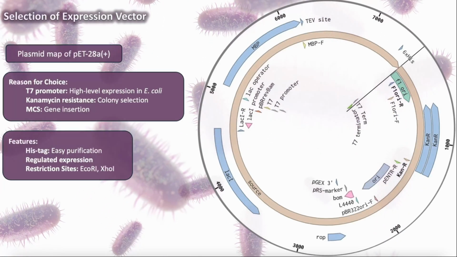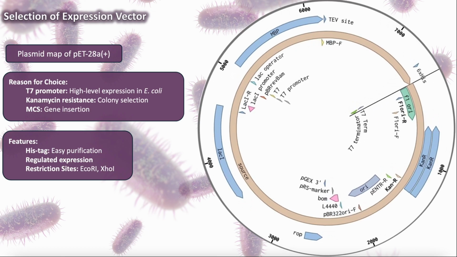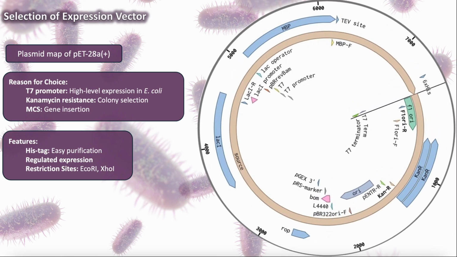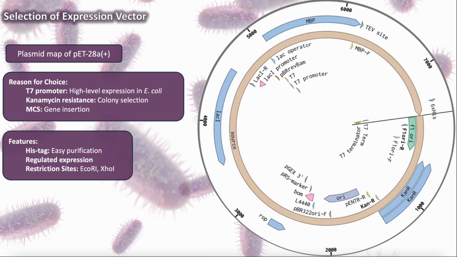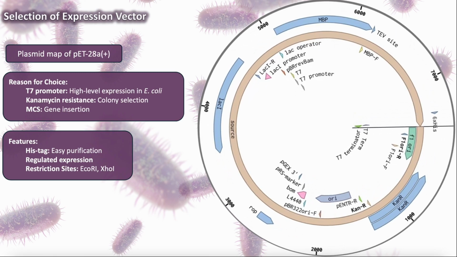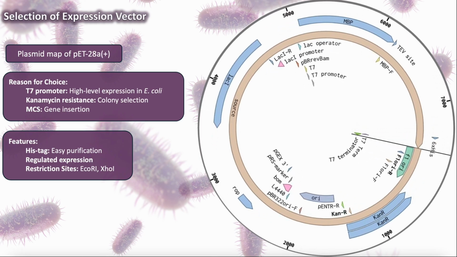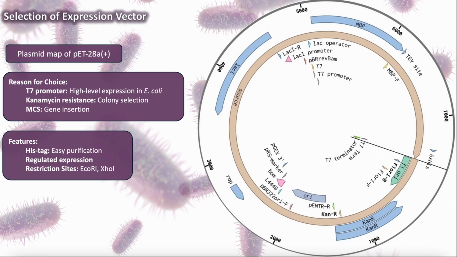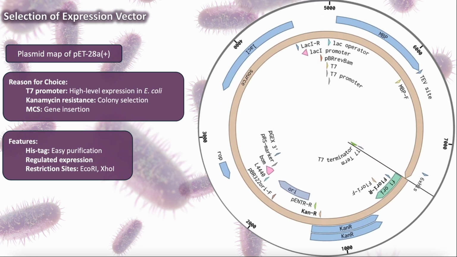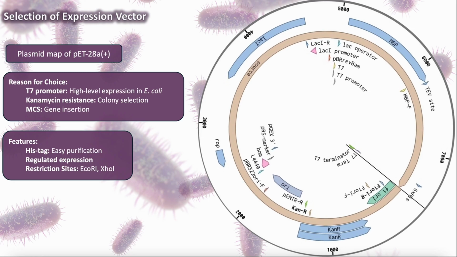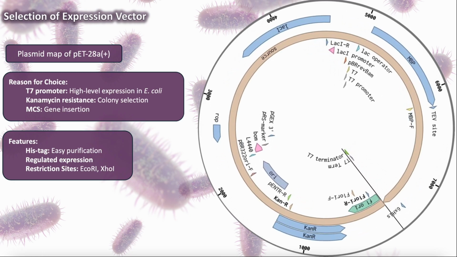The plasmid I selected for this project is the pET28a+ vector, which is widely used for high-level protein expression in E. coli. First, it contains a T7 promoter, which enables strong and regulated protein expression. Secondly, the vector has a kanamycin resistance gene, which allows us to select only the bacteria that successfully take up the plasmid. Additionally, the presence of a multiple cloning site, MCS, facilitates the insertion of our insulin gene, making the cloning